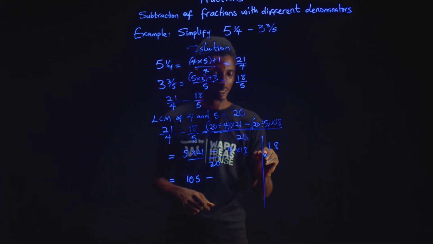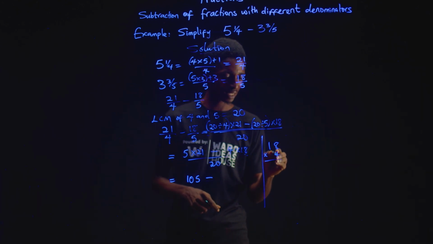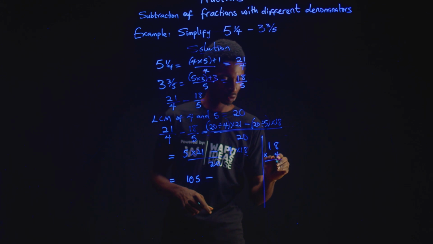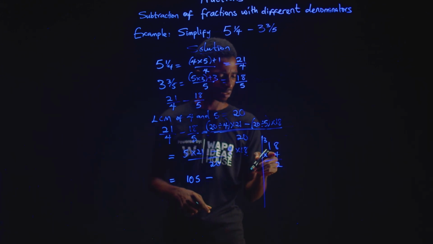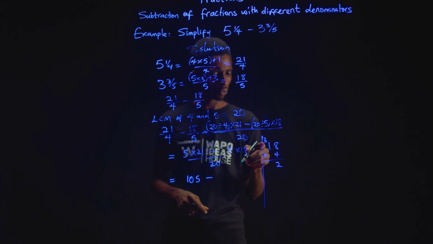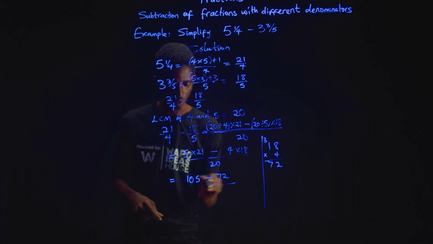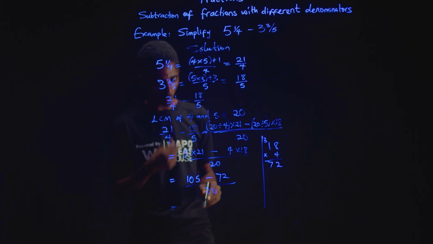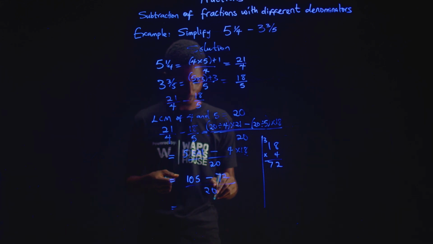So that's 18 times 4. 4 times 8 is 32. So 2, carry the 3. 4 times 1, that's 4, plus 3, that's 7. 72 over 20. Now 105 minus 72, that would give us